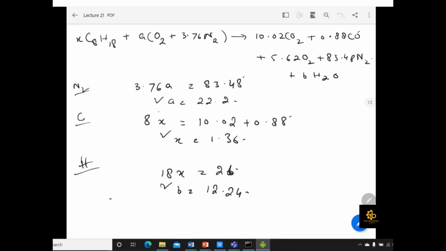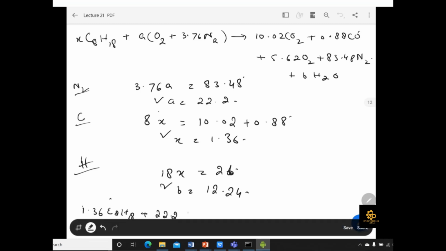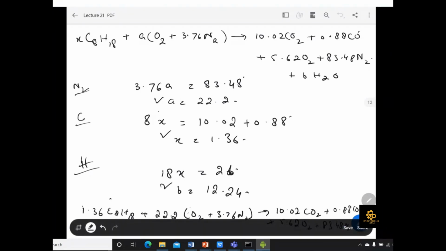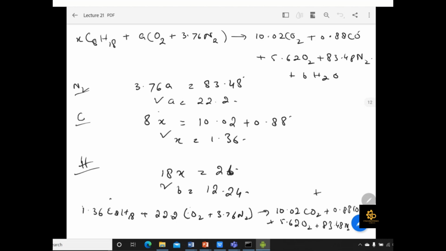Okay, so simply you can apply, put the values, which is 1.36 C8H18 plus 22.2 O2 plus 3.76 N2, and it's equal to 10.02 CO2 plus 0.88 carbon monoxide plus 5.62 O2 plus 83.48 N2, and plus you have B into H2. Okay, so I will just write at above